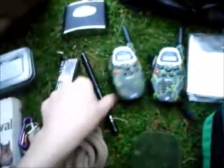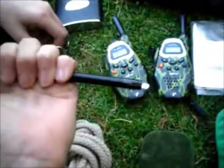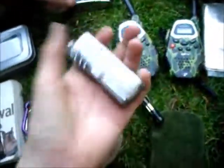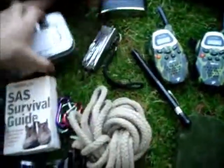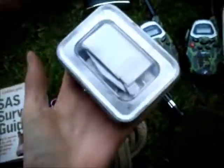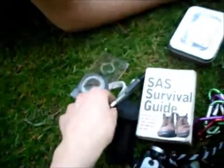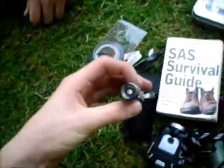Hip flask, just to get some warm whatever in there. Pen torch, I can use the button on the end to do Morse code if I need to. 16-in-1 gadget multi tool. Survival tin, which has kind of all the survival gear in there. Hank of rope, about 3 meters long. Some carabiner clips. SAS survival guide, compass, a couple of pens, smaller torch,